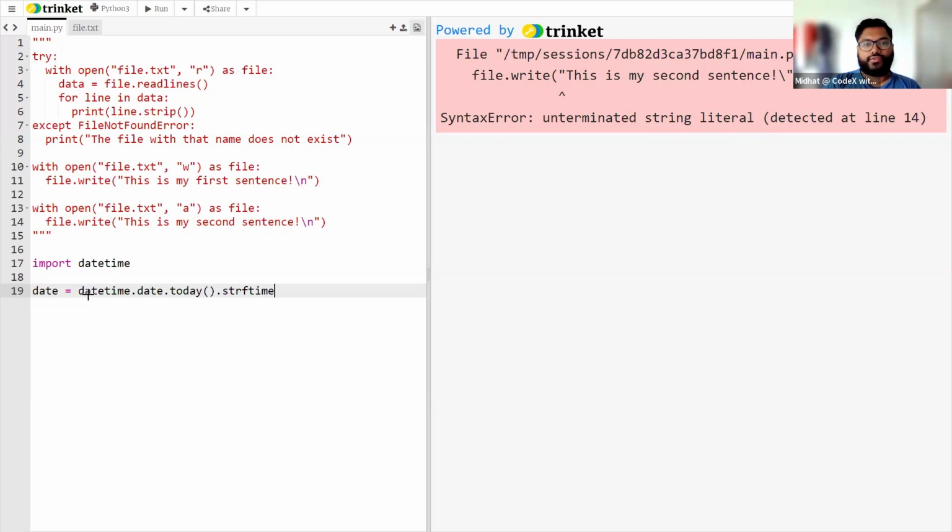And then I put the date format that I want in quotation marks: percent d, dash, percent m, dash, percent Y, and that will give us today's date. So if I print the date like this, hopefully we should see